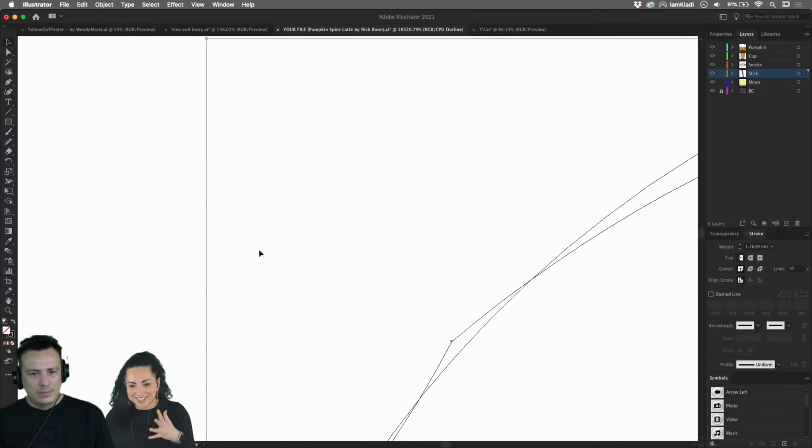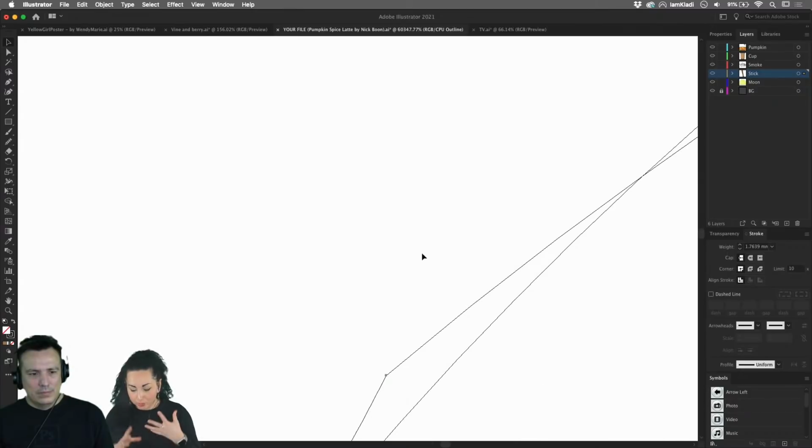Here it is. The line suddenly pops up, and also the anchor points are the same color as your layer. So if you ever have difficulty seeing your layer, that's the best way to find something that is contrast, so you can actually not only use the color of your layer for